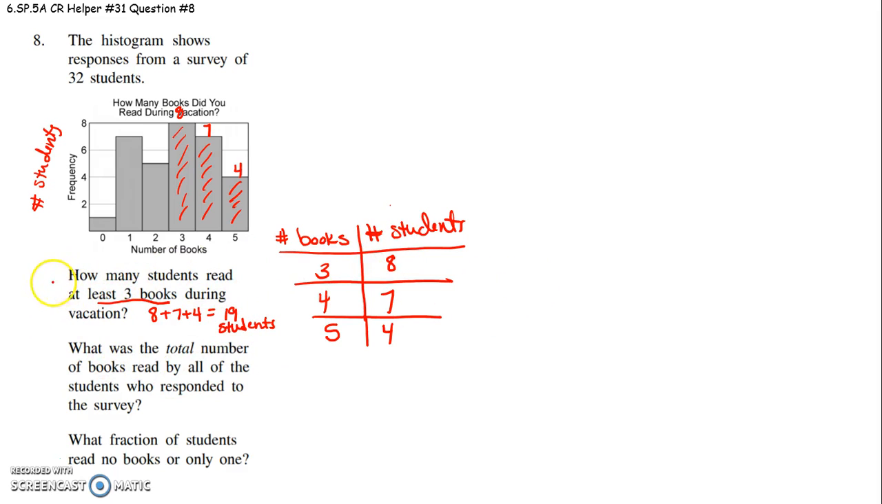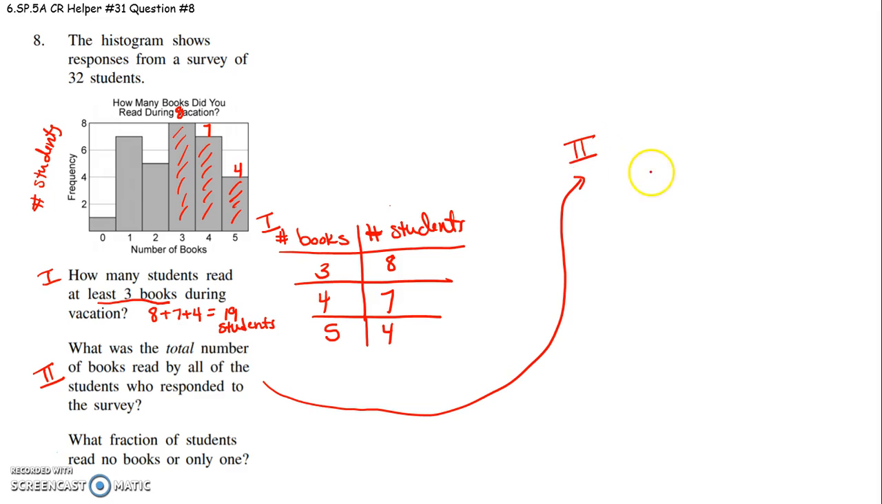So now we have to answer, we'll call this part 1. Now we have to see what part 2 asks us about. So we'll call this part 2. It says, what is the total number of books read by all of the students who responded to the survey? Okay. So now for part 2, if I look at number of books and number of students,